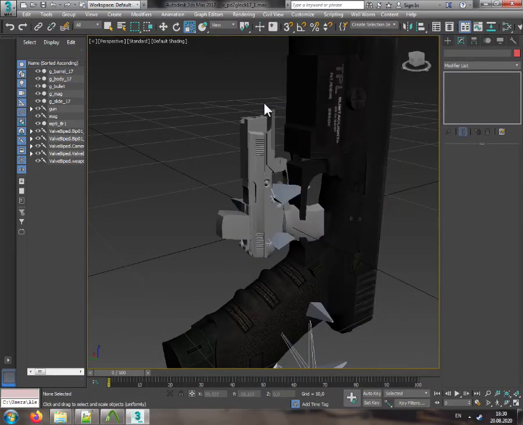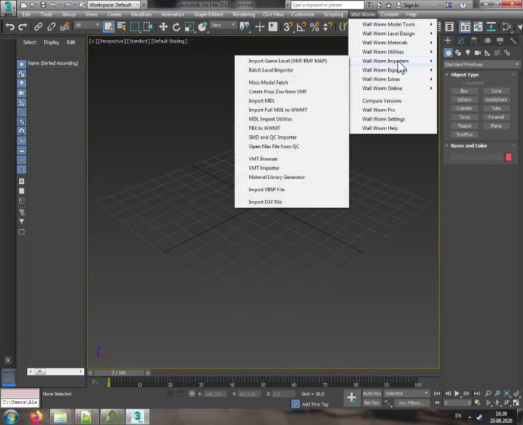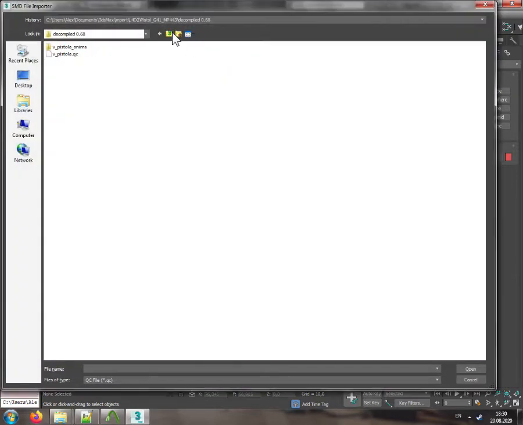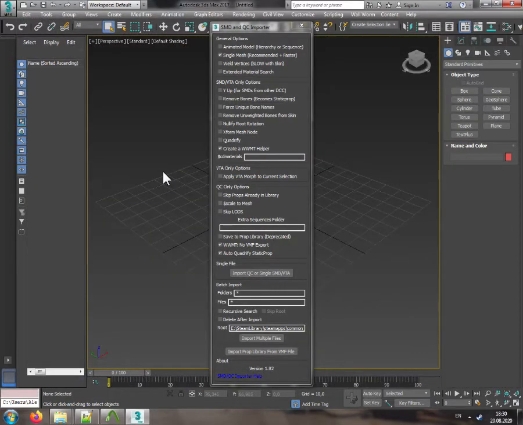Let me save and show why it's good that I have discovered this. Let's say I want to use some Killing Floor animations again. Like, you know, Scar animations. Let's just import the whole QC. Oh, you probably won't see it. But anyway, I just went with it. So take my word for it. I probably have some